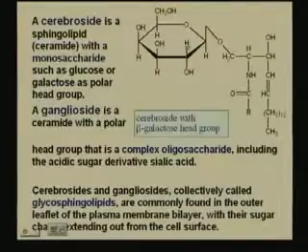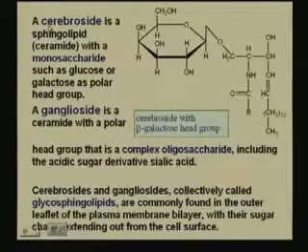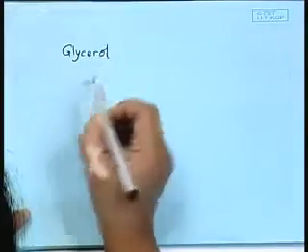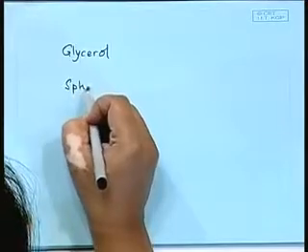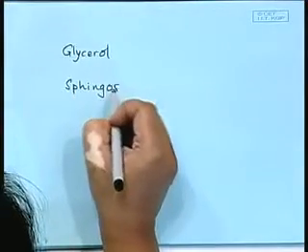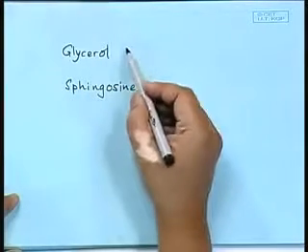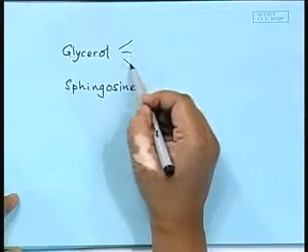If you replace it with a sugar, you have what is called a cerebroside. It's just nomenclature. All you need to know is you have a glycerol and you have sphingosine. These are the two backbones. That's it. Okay? What you have is 3 OH groups here,